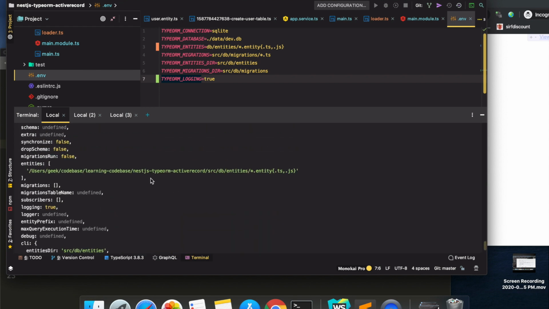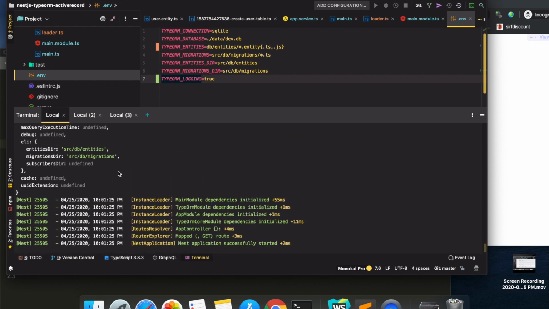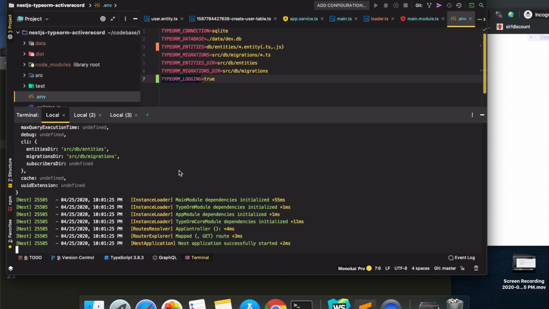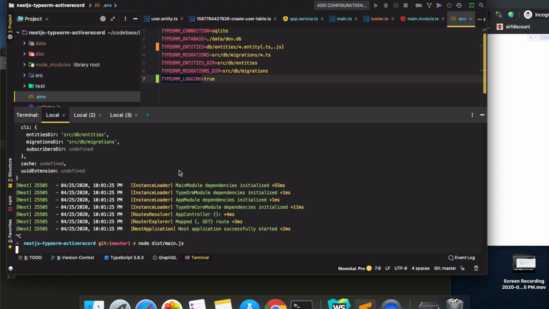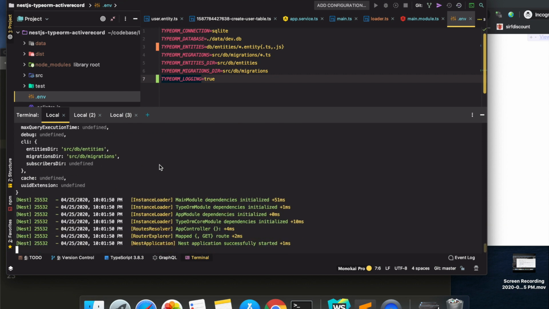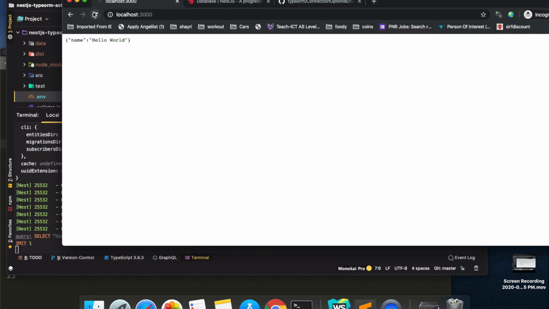So here if you see, it's loading the entities from the src folder, because it's running the TypeScript version of the code and not the compiled version. And on production obviously we run using the compiled version. So in production it will be node dist/main.js.